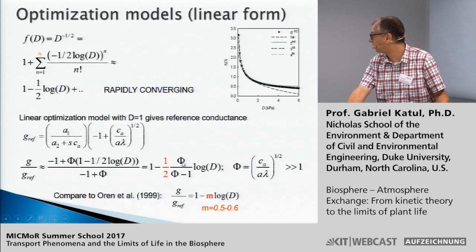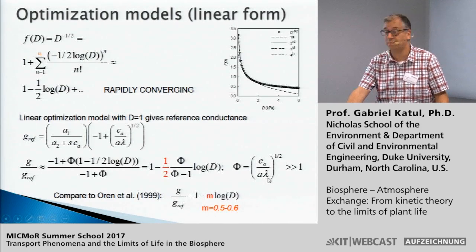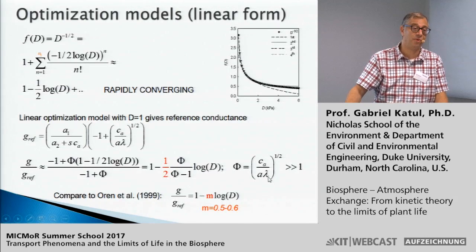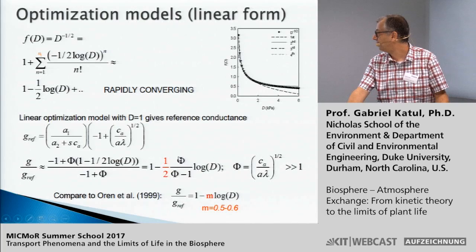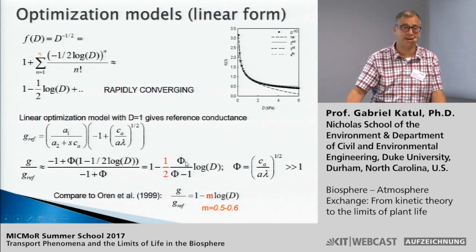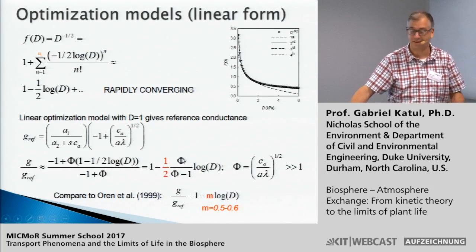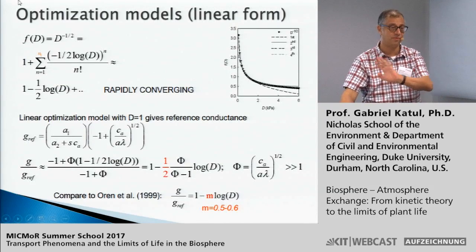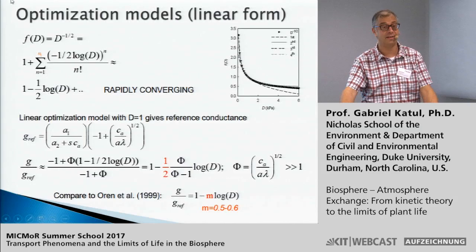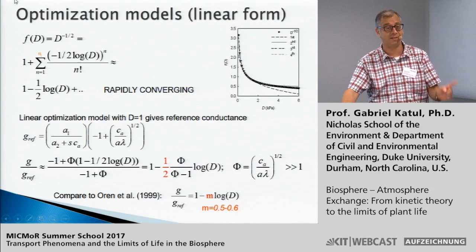And this quantity is going to be slightly bigger than 1 because the numerator and the denominator are the same, except that the denominator has a minus 1 in it. It turns out to be atmospheric CO2 divided by the marginal water use efficiency of the plants, raised to the 1/2. And this number is way bigger than 1. So that's why the quantity here is going to be slightly bigger than 1, and that might explain why the result from Oren's work is between 0.5 and 0.6. So this is great. That doesn't prove that the stomatal optimization theory is correct, but at least it is getting the right vapor pressure deficit response.